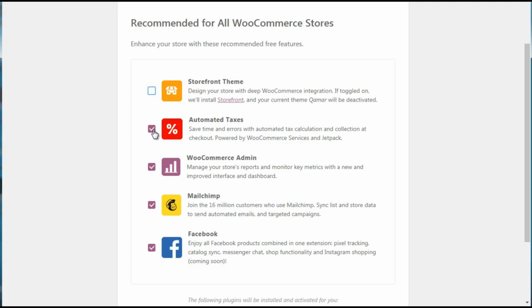Now it says automated taxes. It's got WooCommerce admin, so you can manage your store's reports. MailChimp. Now you're not going to want to have this if you have your own email autoresponder service. So for example, if you use ActiveCampaign or GetResponse or Aweber, you're going to want to uncheck that. And of course, it says Facebook, enjoy all Facebook products combined into one extension. Pixel tracking, catalog sync, messenger chat, and all the above. So you can check these if you want to, but in my opinion, I would simply uncheck most of them